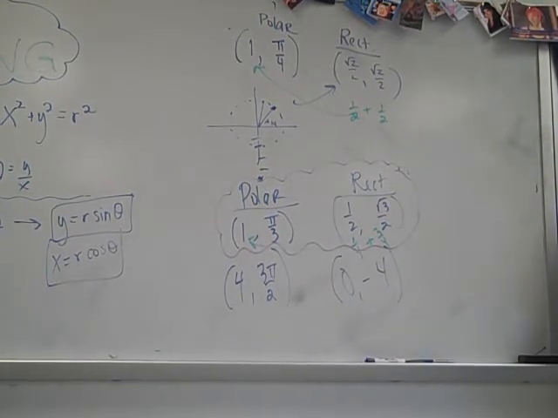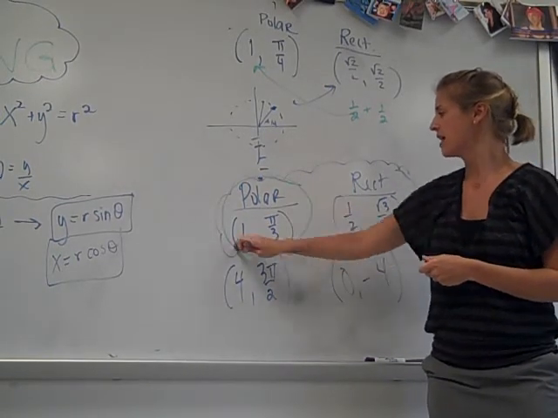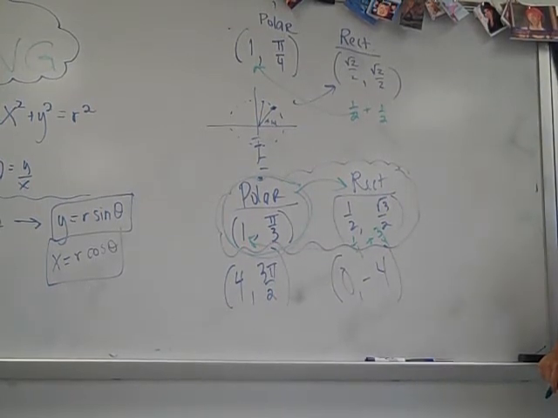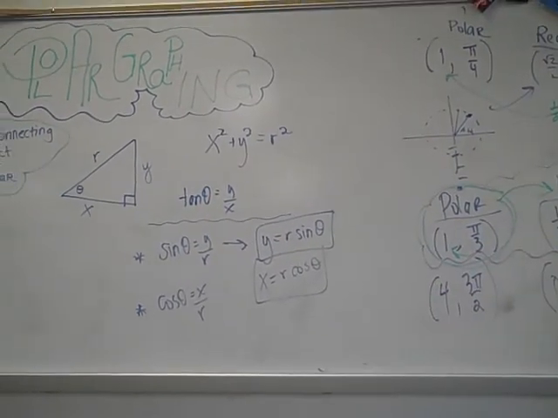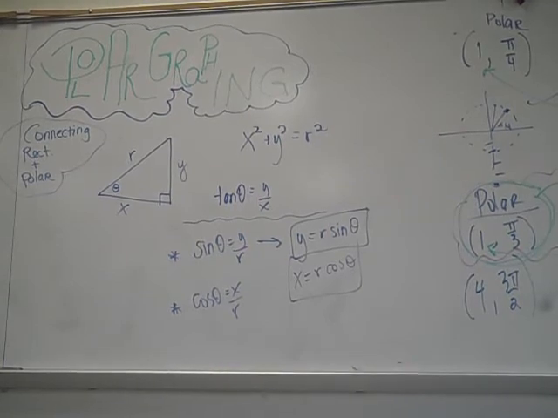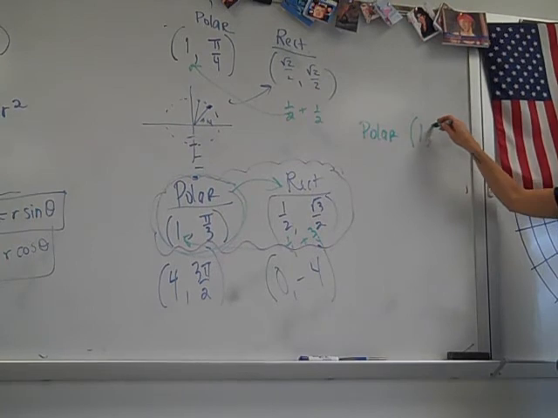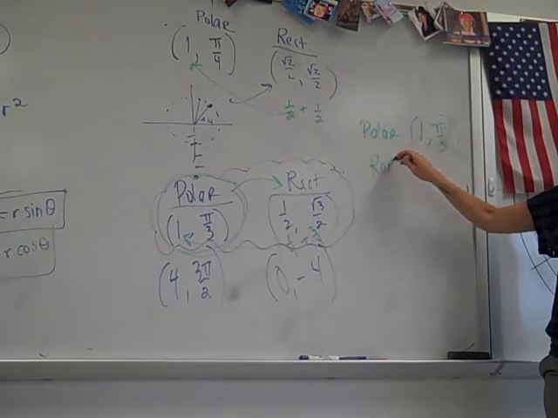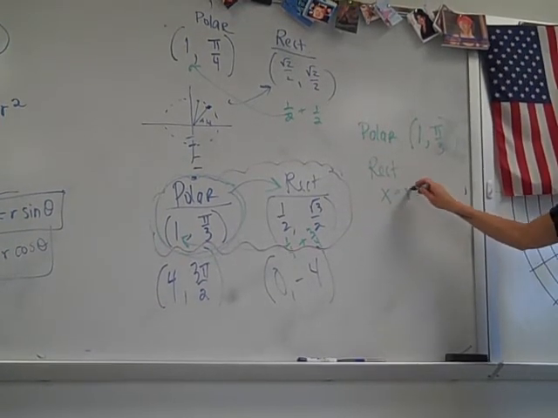Okay. Nice detailed picture. So anyway, if I were given a polar coordinate like this, and I was asked to find its rectangular buddy, I could use this stuff to find the x and find the y. So let's just do one we know. If I was given the polar coordinate of 1, pi over 3, and I had to find the rectangular, I'd be like, all right, well, I know the x is going to be r times the cosine